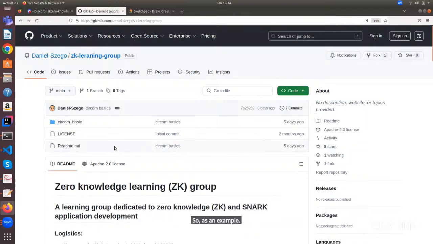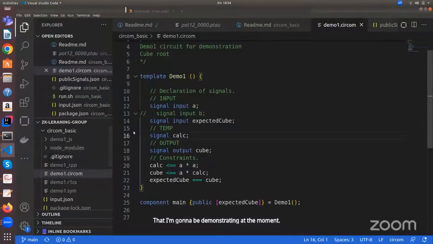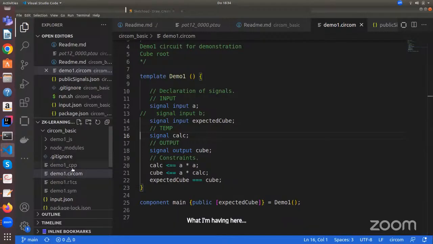Okay. So if you just clone this repo, then you will find the basic example, the circom basic example that I'm going to demonstrate at the moment. If you just copy or clone this repo, what I have here is just the circom basic. And what we have here is a